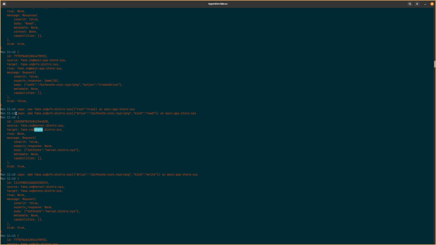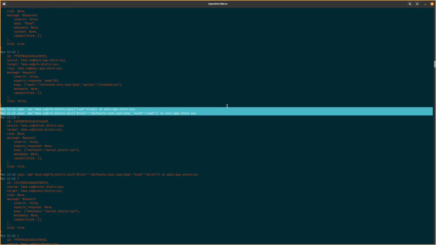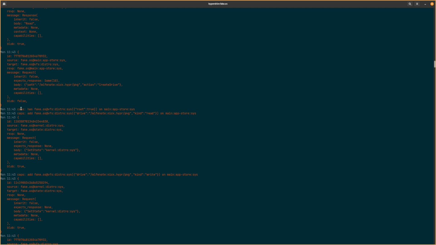Okay. So yes. So yeah, not implicated with the channel thing that I thought it might be. But here you can see some caps stuff happening, right? So caps has... does App Store have VFS root? Because I guess,